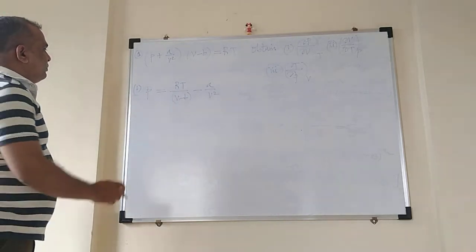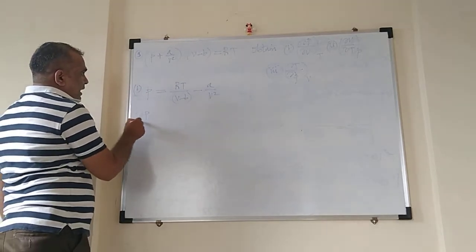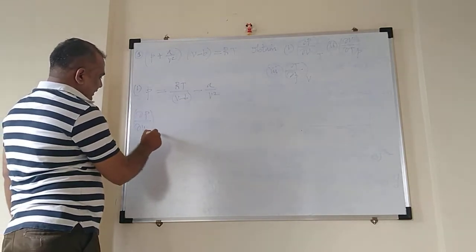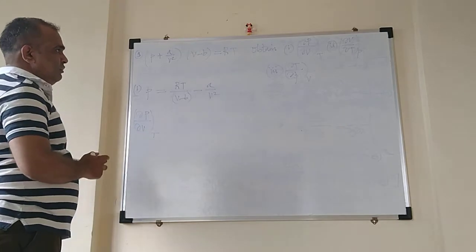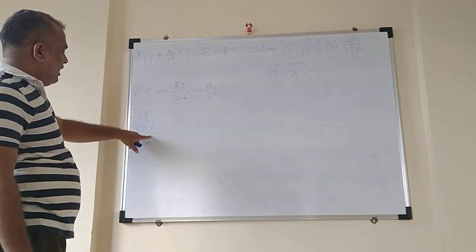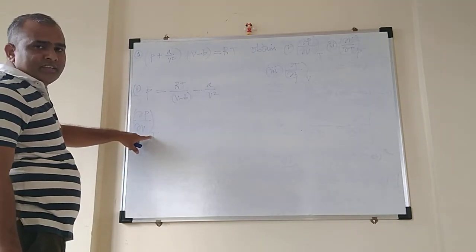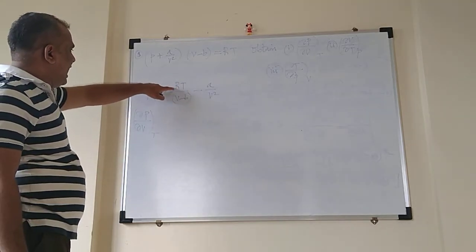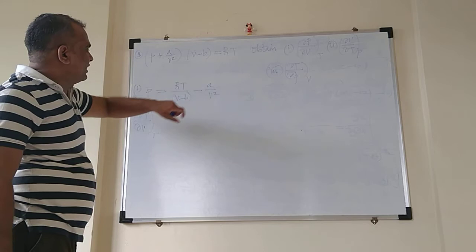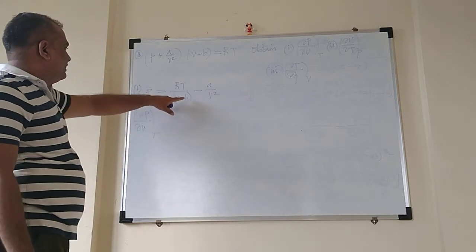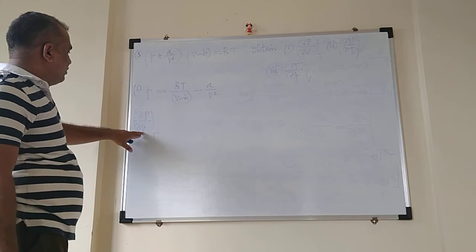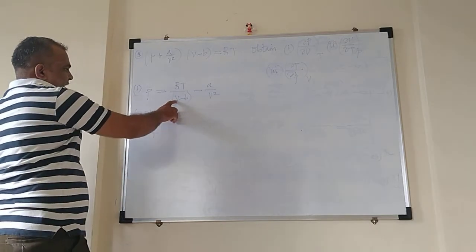Now differentiate this P, so ∂P/∂V, with respect to volume when temperature is constant. Now this suffix written outside the bracket is a constant term. So T is acting as a constant here, R is already a gas constant, a is a constant, b is also a constant, and you have to differentiate its right hand side with respect to V. Now this is the only variable.